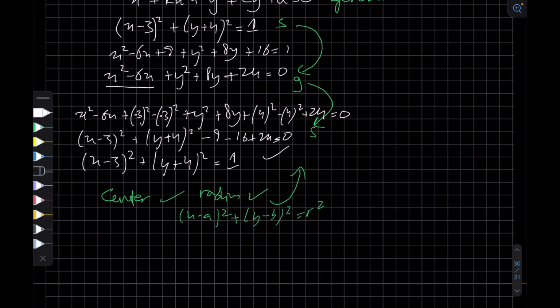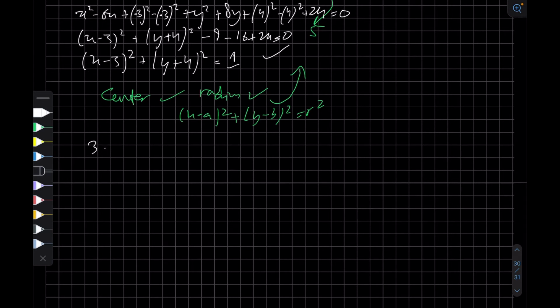Another thing is, if you have been given 3 points on the circle, then you can also form the equation of a circle. Any circle is defined by 3 points on the circle. You cannot identify the circle just by any 2 points, because it could be any circle. You need at least 3 points.